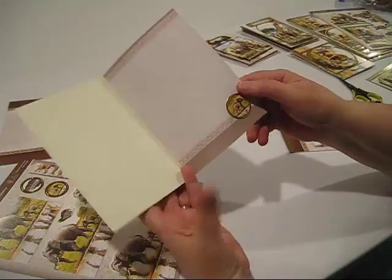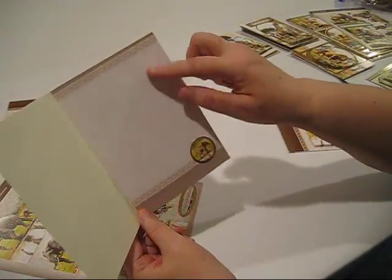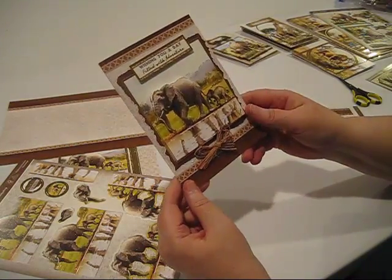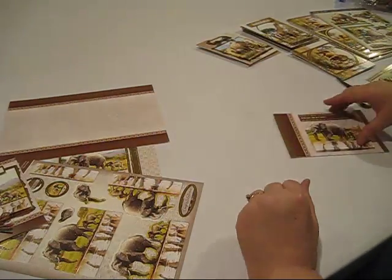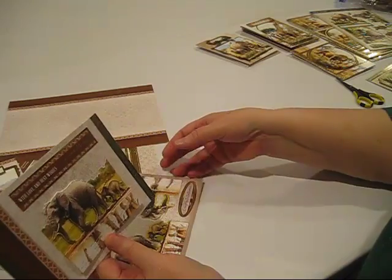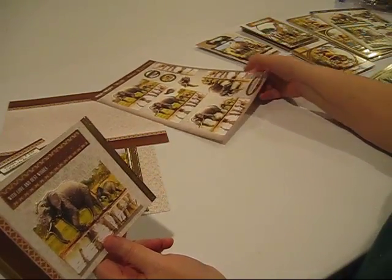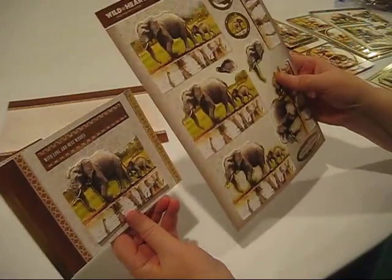And on the inside, nice insert with a baby elephant. Cute. And here's my other one. Now in this case, I didn't choose to put a sky behind it, and I think it still looked good. Which one did I use for my...